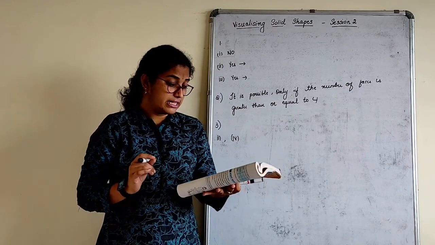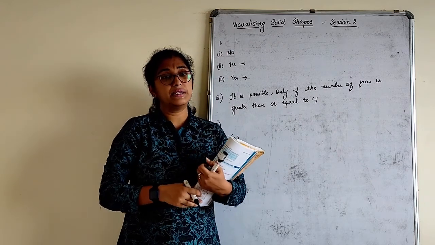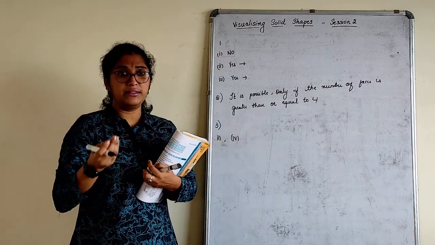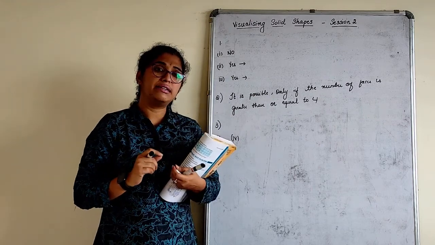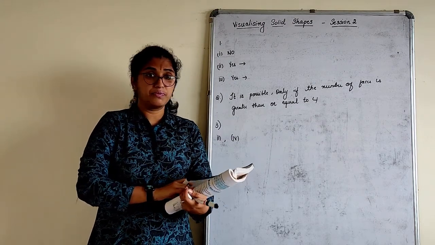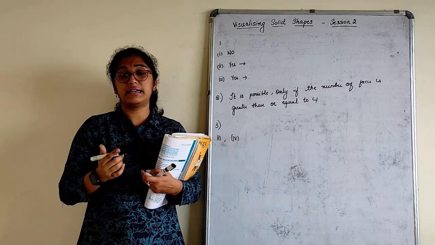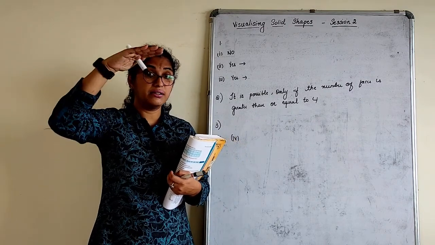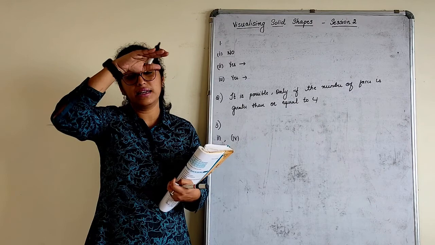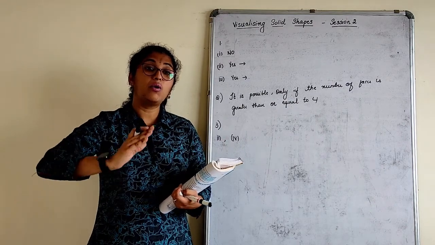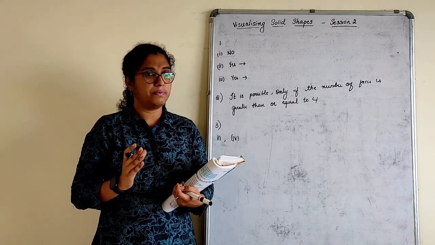How are prism and cylinder alike? How are pyramids and cone alike? Now, how are prism and cylinder alike here? I will just explain this orally, then I will send you these 2 answers in the PDF to be written. When we talk about a prism and a cylinder, they are alike in one point, both are solid figures. Point number 2, they both have flat surfaces. They are not different from each other. How they are alike, what we have to answer is, they have both flat surfaces. But how can it be a prism? There are 1 or 2 lines what you have to explain and write. I will send that in a PDF to you.